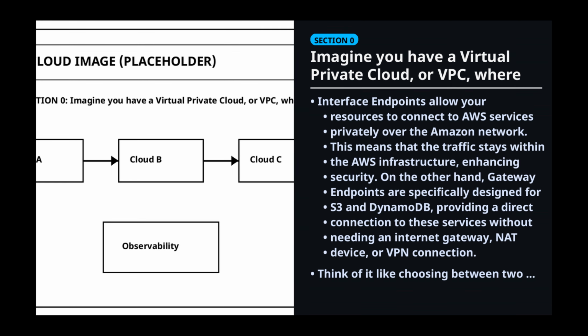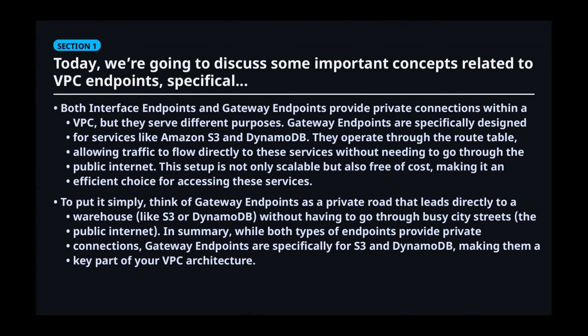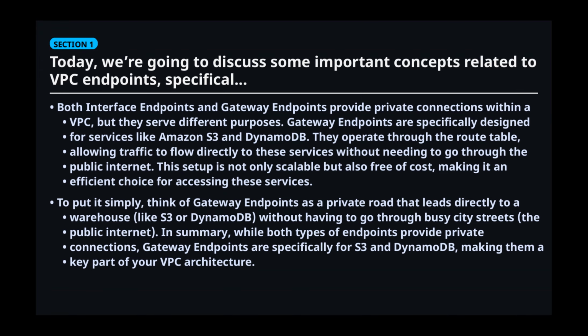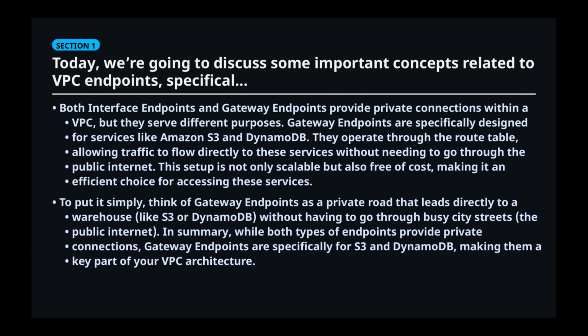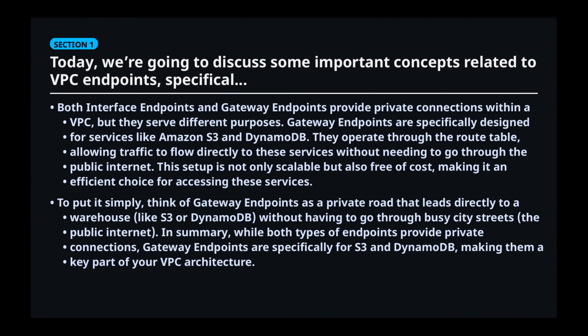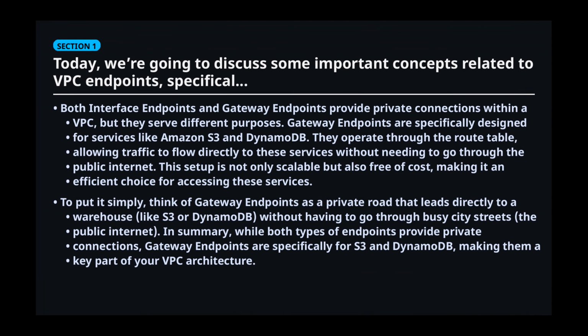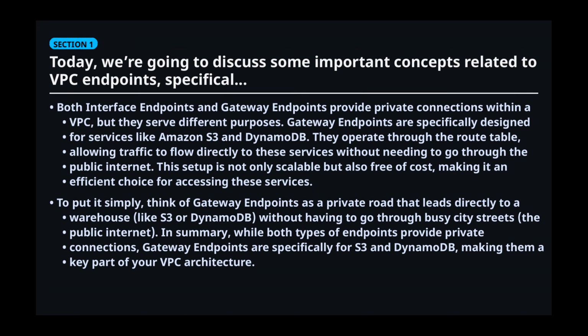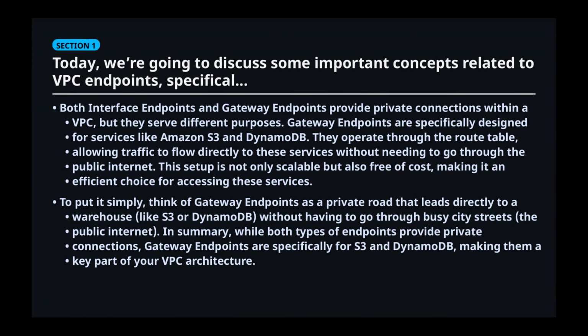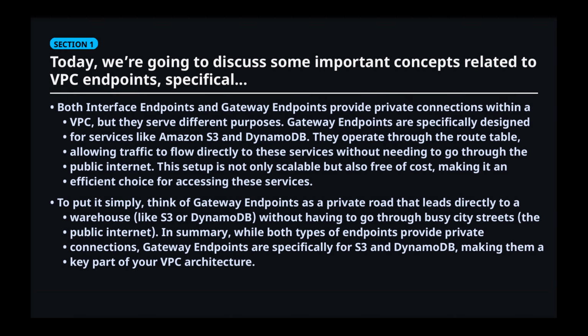In summary, the choice between interface endpoints and gateway endpoints depends on your specific needs for secure connectivity within your VPC. Both interface endpoints and gateway endpoints provide private connections within a VPC, but they serve different purposes. Gateway endpoints are specifically designed for services like Amazon S3 and DynamoDB. They operate through the route table, allowing traffic to flow directly to these services without needing to go through the public internet. This setup is not only scalable but also free of cost, making it an efficient choice for accessing